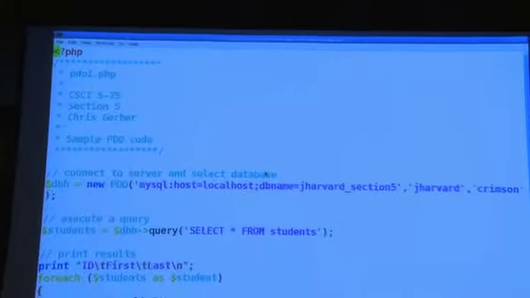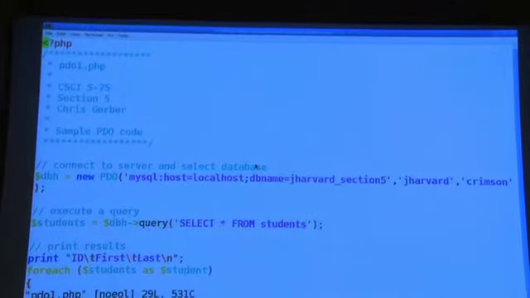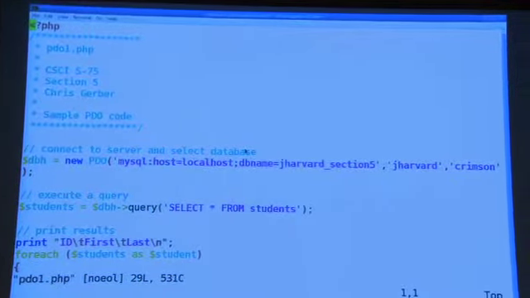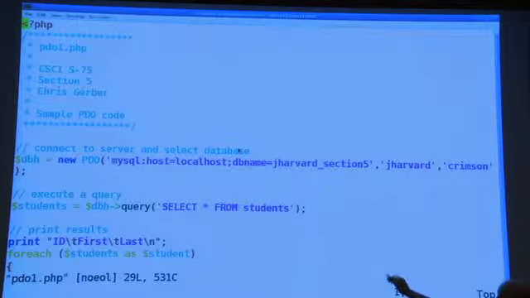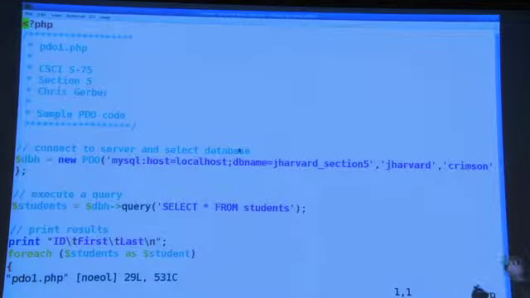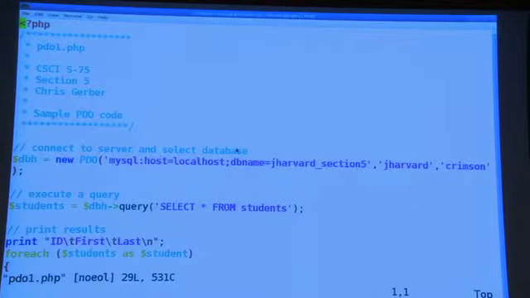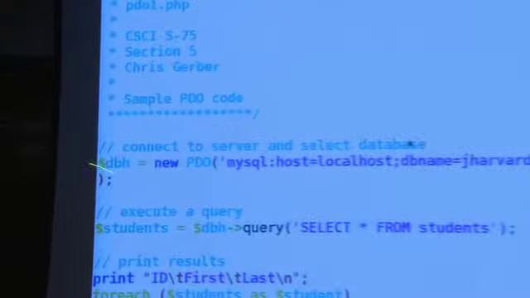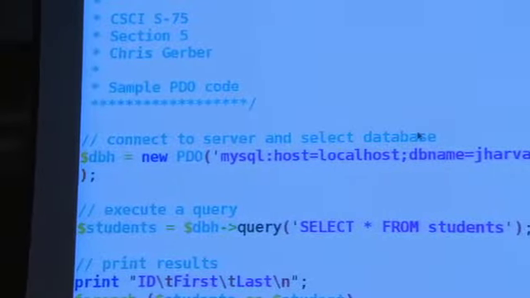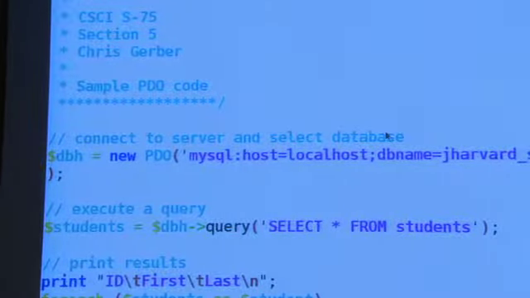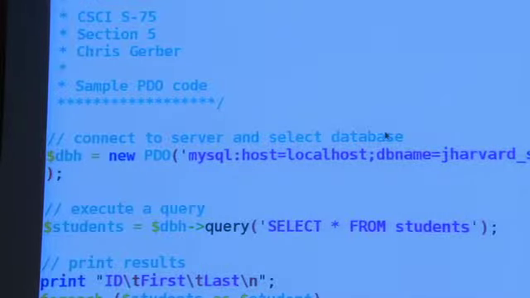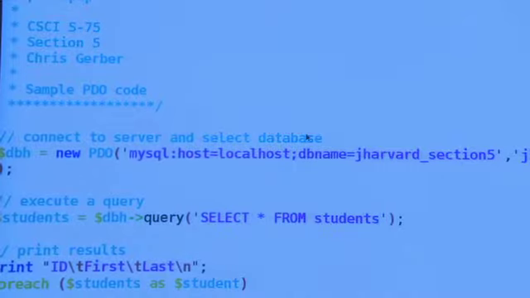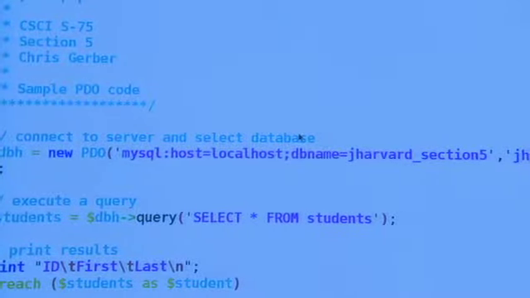So I created a very simple example, a basic select statement using PDO. I've just spelled it out in one big command to get started. I'm creating a database handle, $dbh, equals new PDO. So I'm actually creating an object, and it's a PDO object, and I'm passing it some parameters. The first parameter is the DSN,